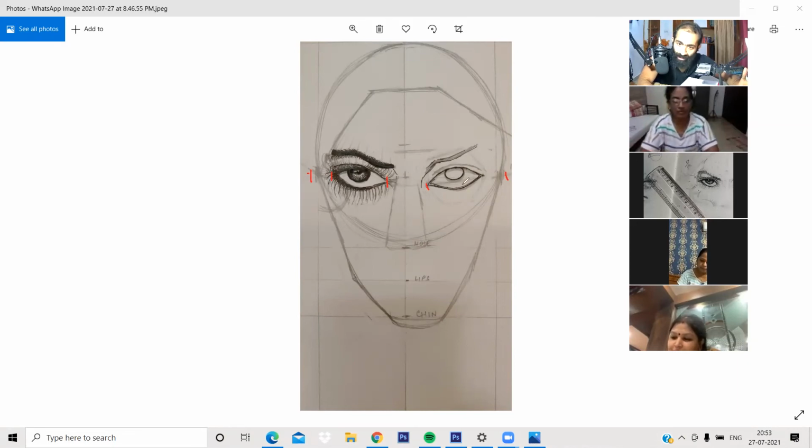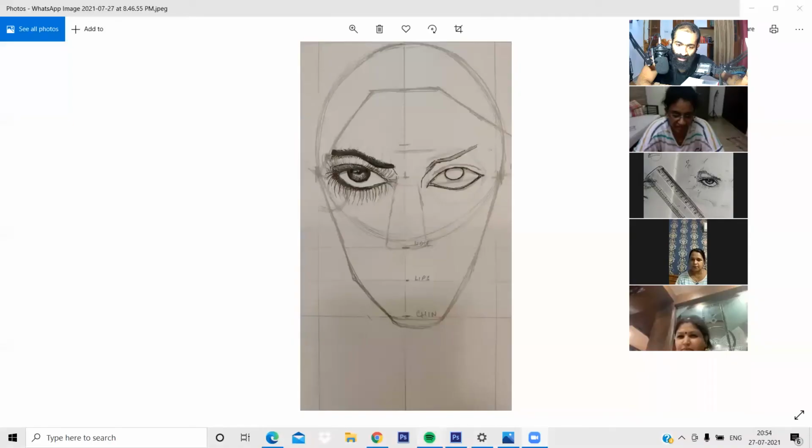For the left eye, for the right eye, the iris is placed bigger and raised higher than it should be. There need not be this much space. This is too much spacing. So be careful of these errors. These are the common things that we see. Let's see some more, what all is visible.